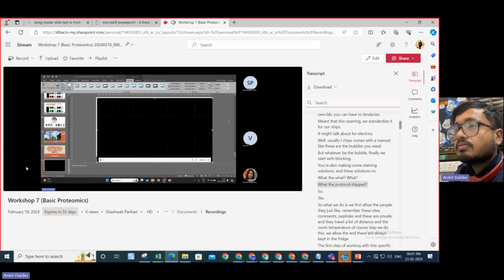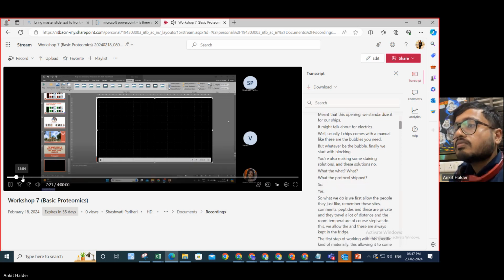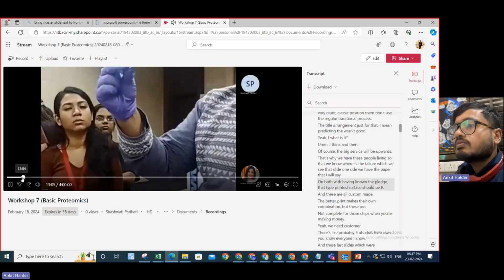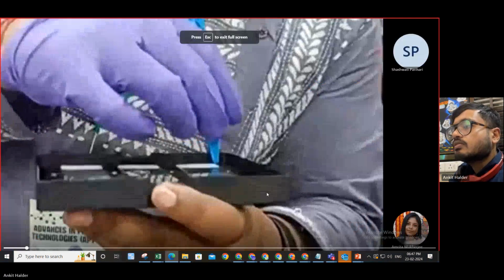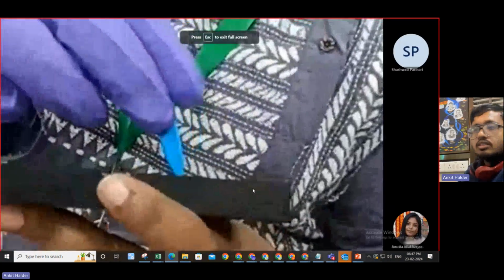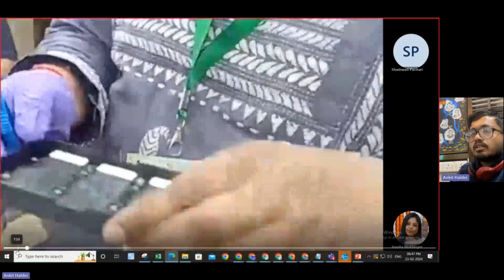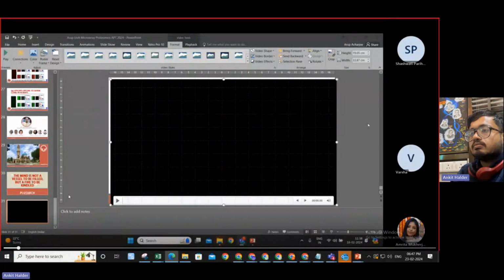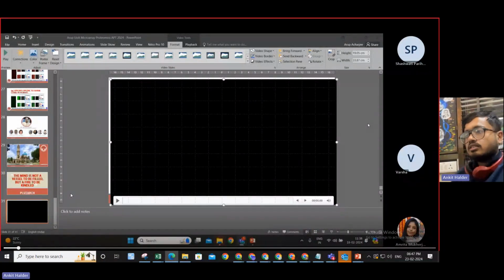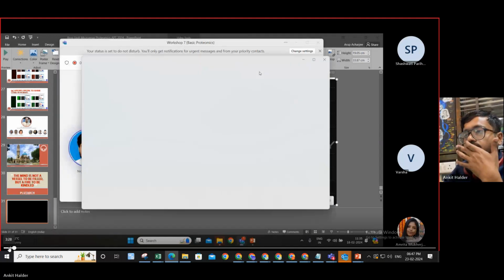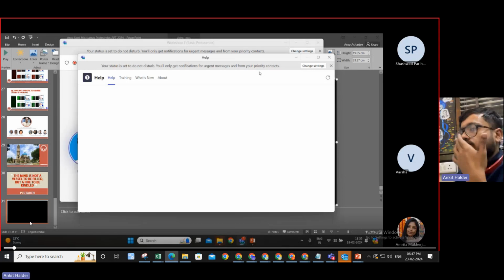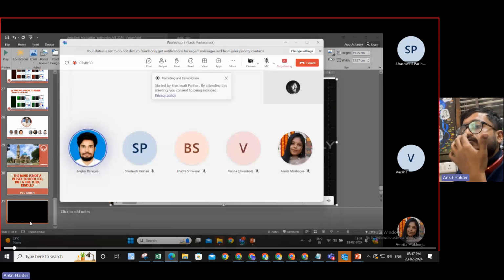What the protocol sheet. See, so this is microarrays. So you can see the glass slides. I'll start up once again. And then we equilibrate. Equilibration is